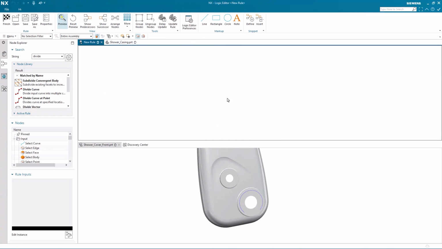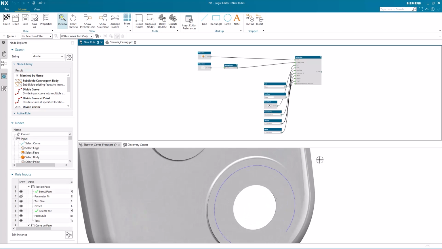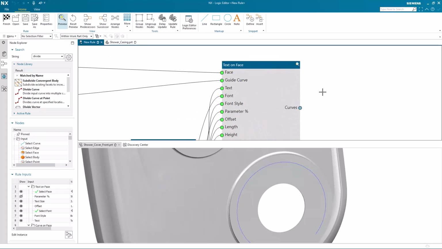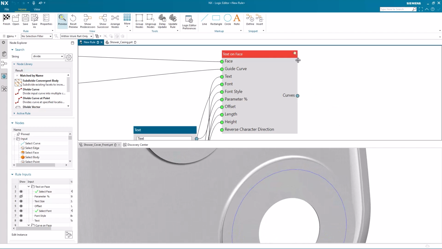So I'm going to edit the feature definition, and by doing that it takes me into the logic editor environment with my rules window, graphics window and Node Explorer. I'll just zoom into the display area in the graphics window, and now let's take a look at the rule. You can see we have a text on face node. This is a new node in the latest release of NX and one that we'll use to develop the dynamic